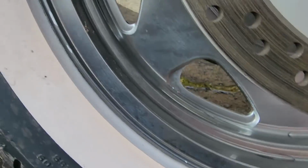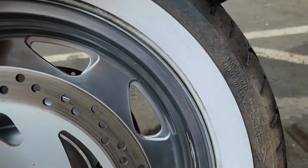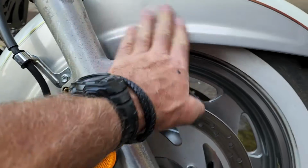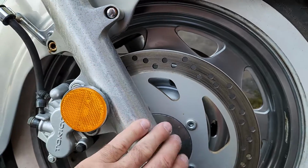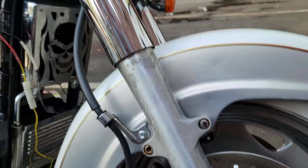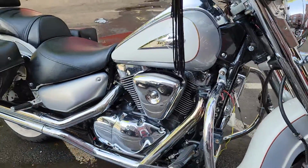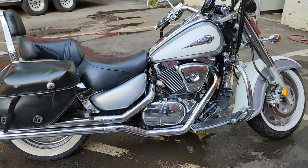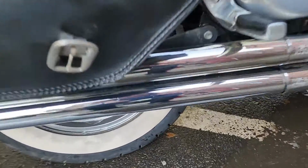This was covered with literally an inch of dirt. The white walls were brown walls. Obviously, we're going to go to the next level. We'll polish this aluminum right here with 300, 600, 800 grit sandpaper, and then polish it with the buffing wheels with 3 different types of rouges. So yeah, most of the transformation is in the first hour, the most dramatic transformation, but the details that you'll see later,